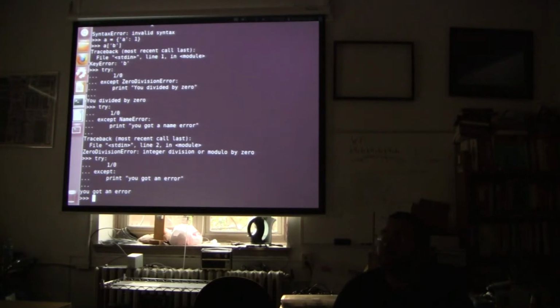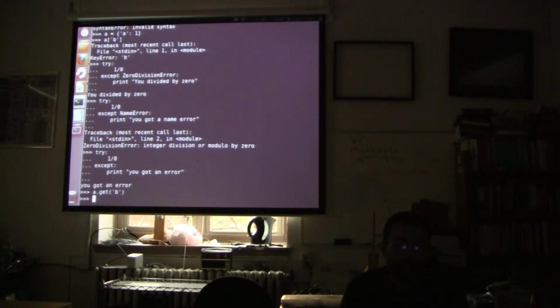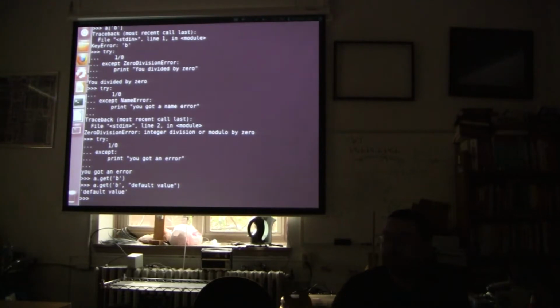Question. Shoot. So anytime you try to look up a key that doesn't exist in the dictionary, you get an exception? Yes. So is there any way to check if something's... No. Okay. Yeah, check this out. Bonus dictionary stuff, a.get('b'). We can call a method on the dictionary called get. We hit enter, it returns us nothing, which is awesome, because it didn't error when we asked it for the wrong key. You can even specify a default value right here, and it will return to you the default value if the key is not found.